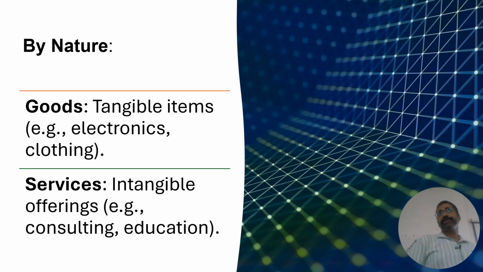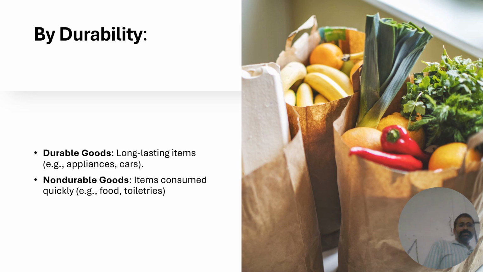They have a huge market. Services also have a huge market. Services and goods both have almost. So by durability, boys and girls, we talk about long lasting. For example, the government of India and Andhra Pradesh as well has abolished one-time use plastic, isn't it? You can see plastic water bottles which are sustainable. Those are called durable goods.